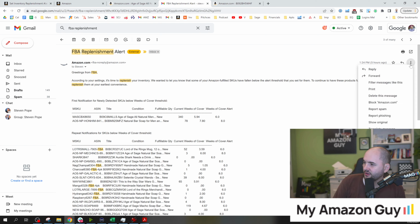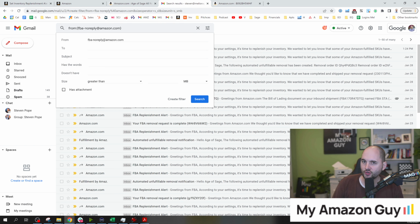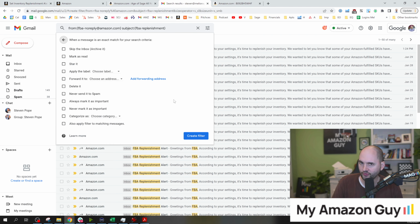On the right hand, you can see this 3 ellipsis drop down here, and it says filter messages like this. So we're going to go ahead and click that. So it'll default the from address, but I do recommend that you write out the subject line. And for me right now, it'll probably be FBA Replenishment or something to that effect. Now, when I hit the create filter, one nice thing is that it will automatically show emails that match this filter, and that gives you an idea if you set it up correctly. If you don't see anything matching this filter, it's because you haven't received an email that reaches all of the criteria